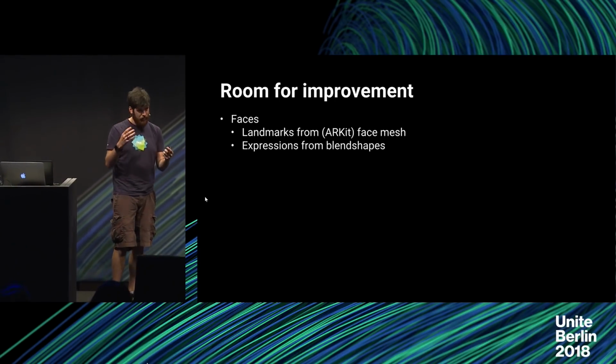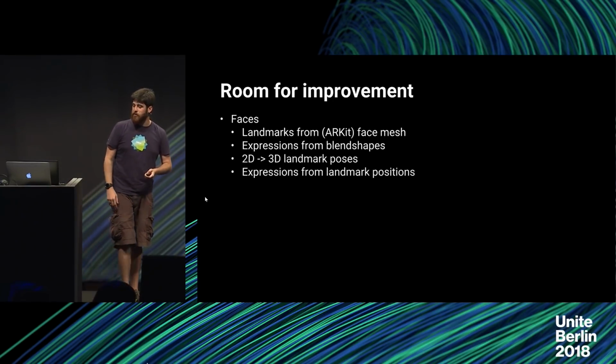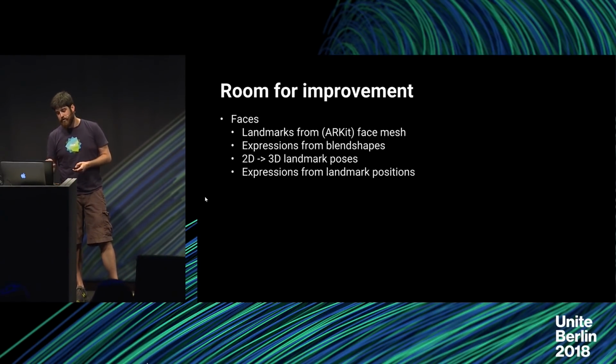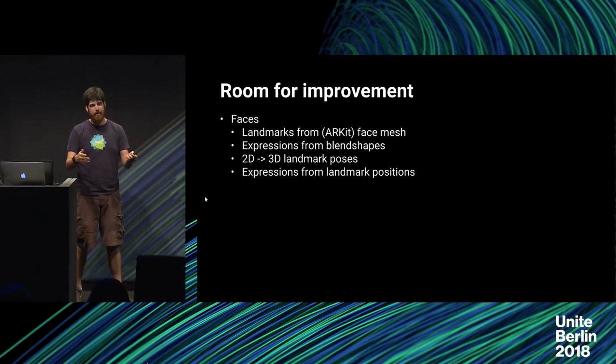Track those blend shapes, and you know whether the person's frowning. So again, it's not something that's provided by ARKit, but magically, there it is. Same thing with interpolating 2D to 3D, getting landmark positions to give us expressions as well. All these things, basically using the data, think about it a little bit, and write some extra code, and then